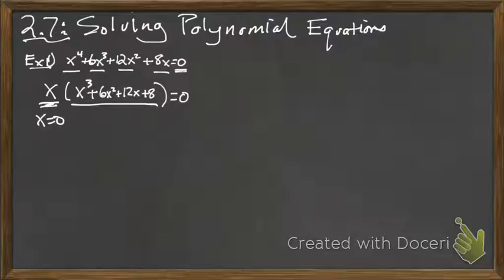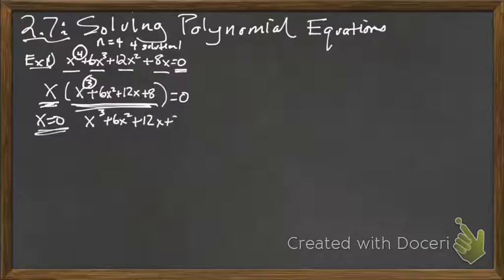Now also keep in mind, the fundamental theorem of algebra says, since this is a degree 4 polynomial, right, my degree is 4, I expect 4 total solutions, right? So let's keep that in mind. Right now I know one of them, that's great. The other 3 of the solutions are locked inside of this cubic polynomial here. So now my job is to find out, when does x cubed plus 6x squared plus 12x plus 8 equal